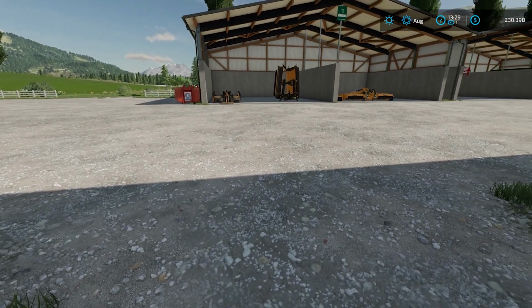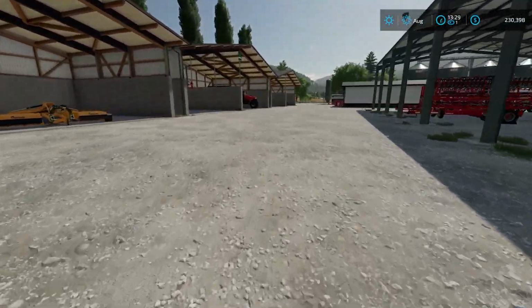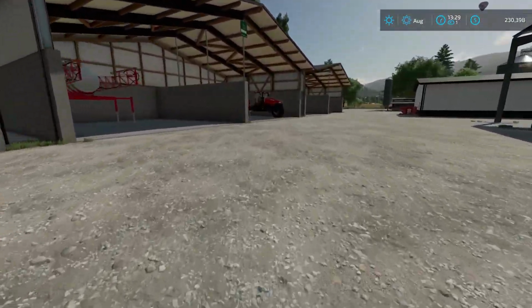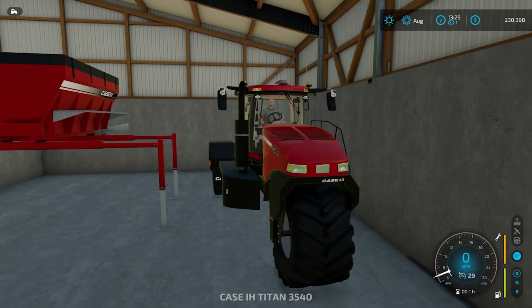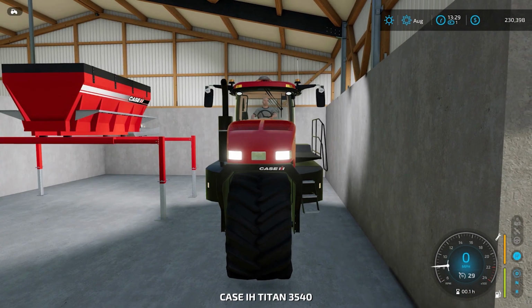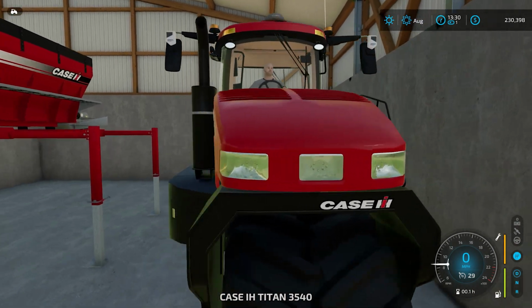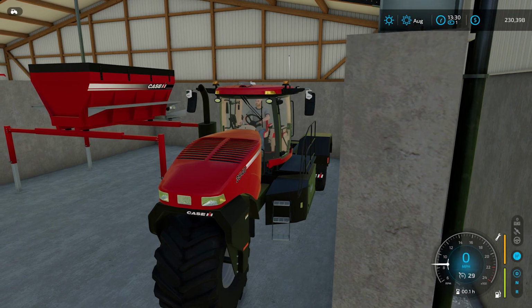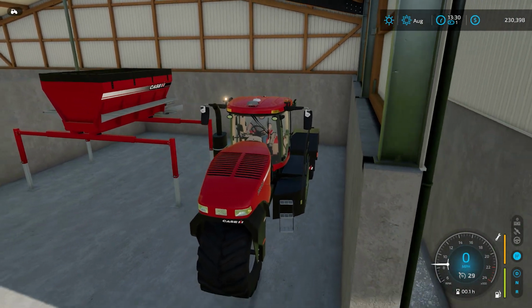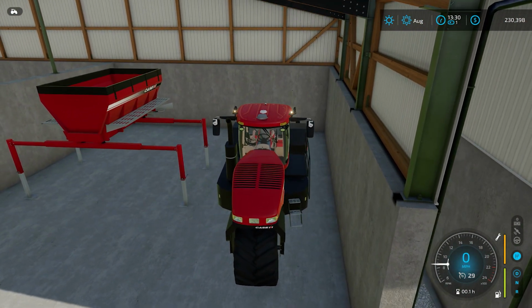I think we can bring out the big dog. I think we can give this thing a go. I've been looking forward to trying this thing out. Looks like it's got some old school lights going on there. Beacons for safety. So I think the first thing we want to do,